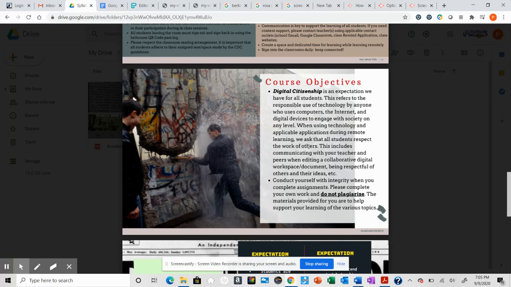Digital citizenship is an expectation we have for all students. This refers to the responsible use of technology by anyone who uses computers, the internet, and digital devices to engage with society on any level. When using technology and applicable applications during remote learning, we ask that all students respect the work of others. This includes communicating with your teacher and your peers when editing a collaborative digital workspace/document, being respectful of others and